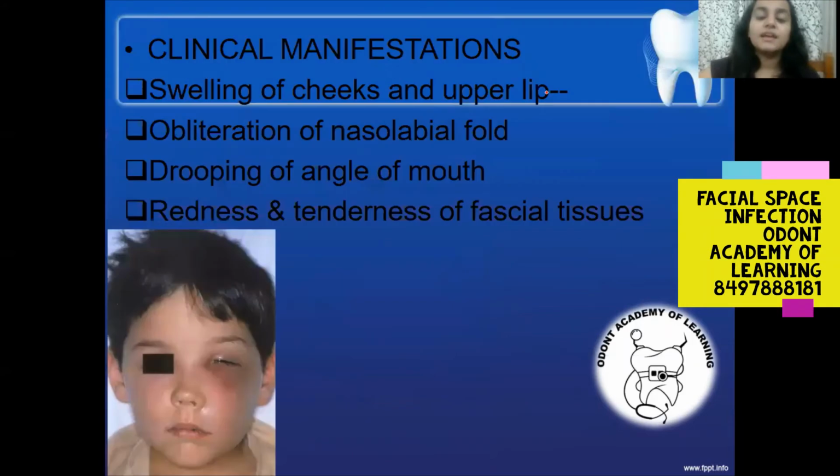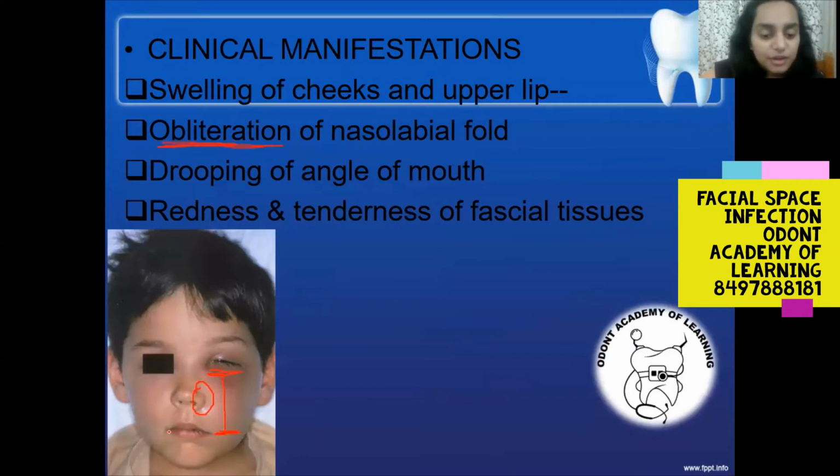Now, the clinical manifestation, we can see in the photo, there is swelling from the inferior orbital margin, and it stops towards the angle of the mouth. And here, if you can appreciate, the nasolabial fold is slightly uplifted. The term we use here is obliteration, that means it is slightly lifted up. So there is obliteration of the nasolabial fold.